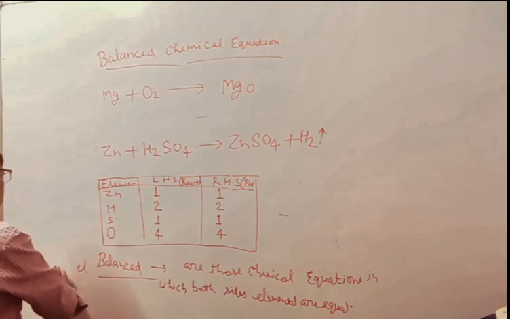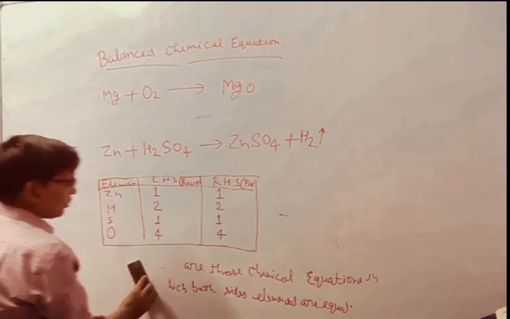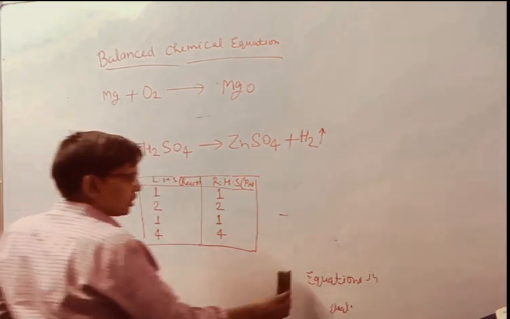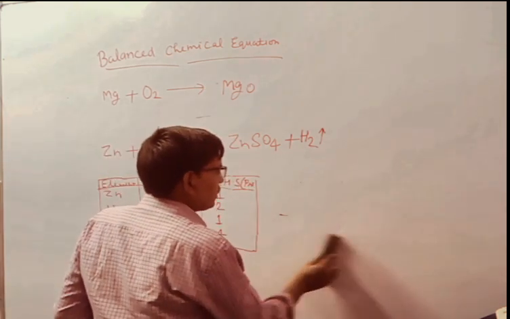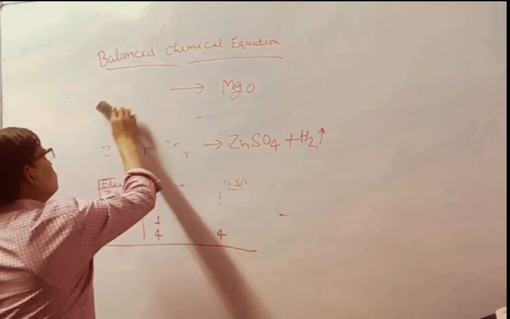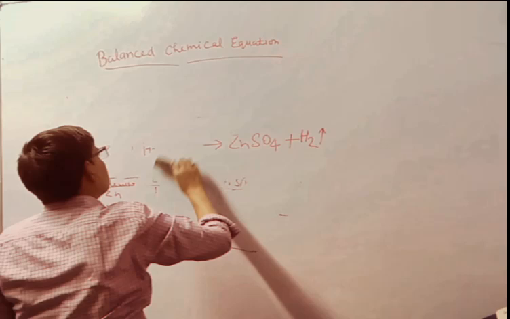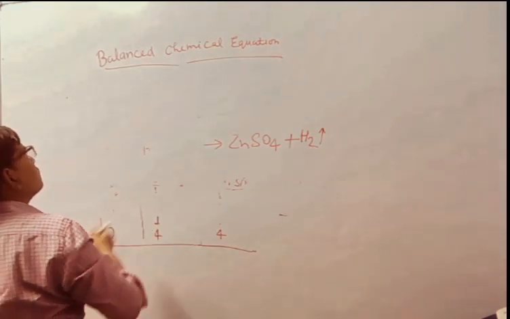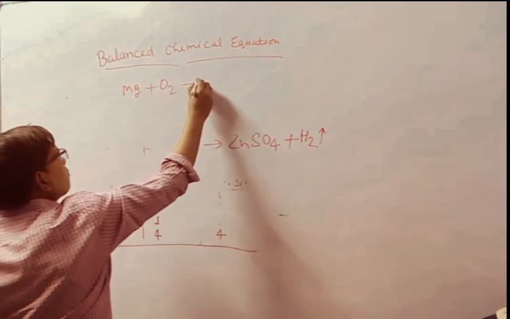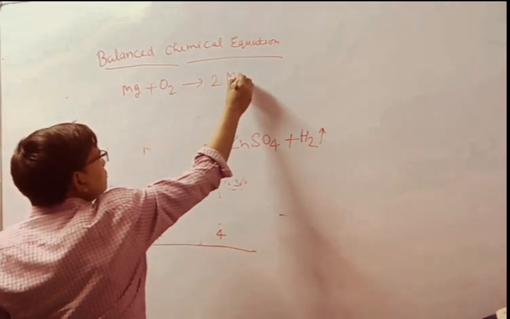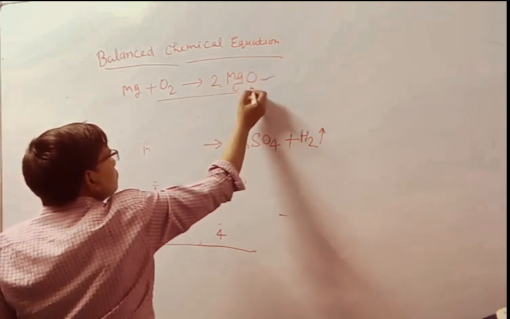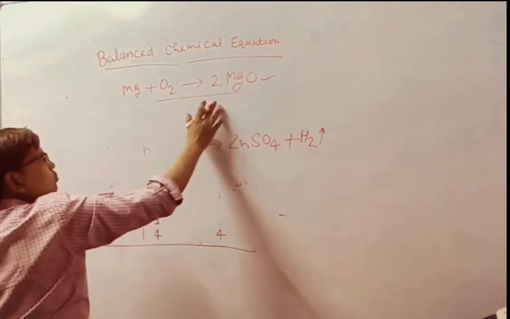So next, we are going to balance equations step by step. Next equation we are going to balance: in the case of magnesium, it is simply magnesium plus O2. If we compare, we will multiply at the product side, then it will be a balanced equation. It is just so simple. So here we have not discussed balancing in detail.